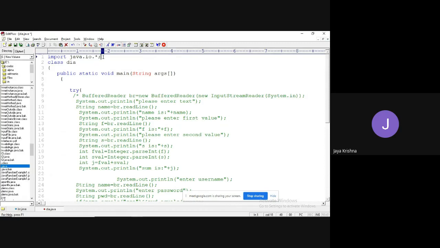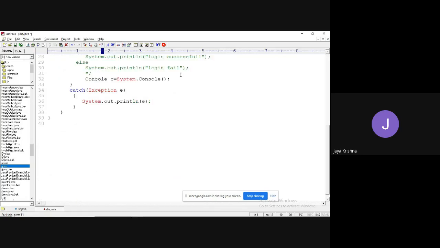Which package is it available in? The java.io package only. If you want, you can specifically import. String name equal to c.readLine.